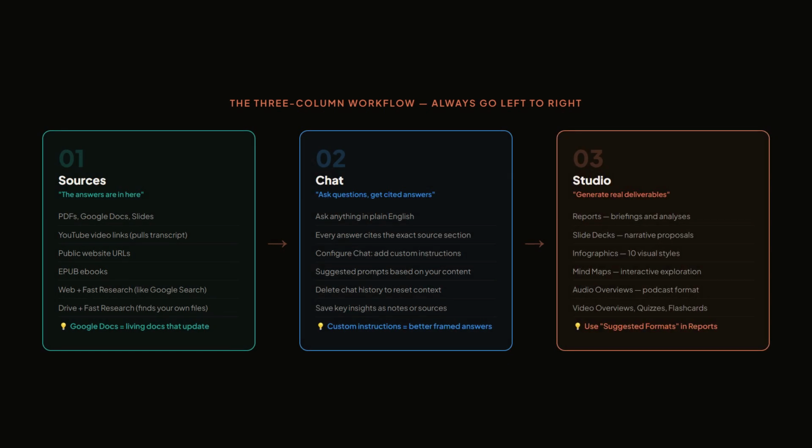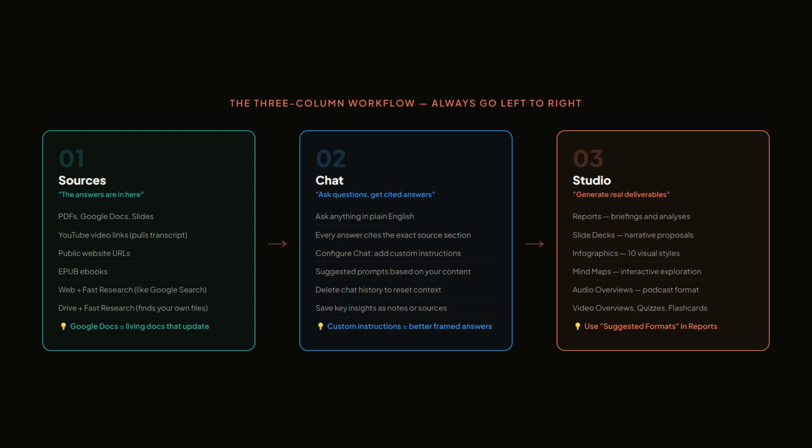NotebookLM has a 3-column layout, and the workflow is always the same, left to right. The Sources panel on the left is where you add everything: PDF, Google Docs, YouTube video links, websites, spreadsheets, slides, even EPUB ebooks. Think of this as telling the AI, the answers are in here somewhere. The Chat panel in the middle is where you ask questions and get cited answers. The Studio panel on the right is where you generate actual deliverables, reports, infographics, slide decks, mind maps, audio overviews,